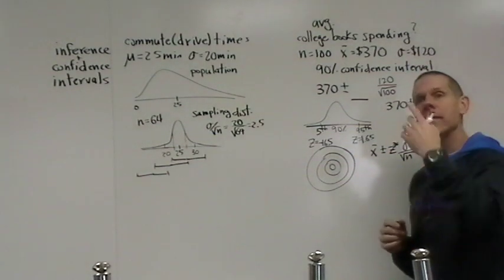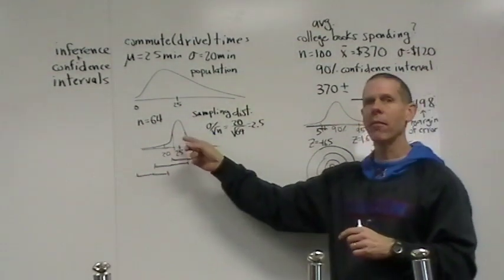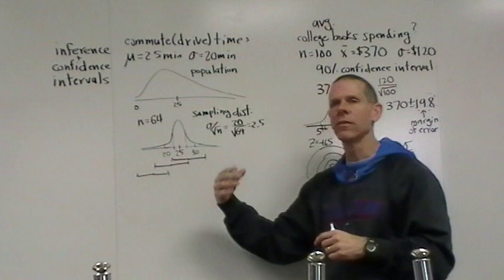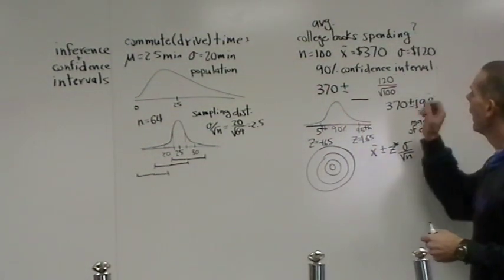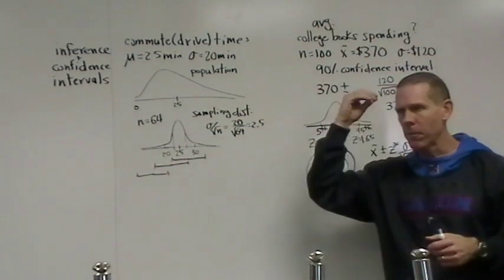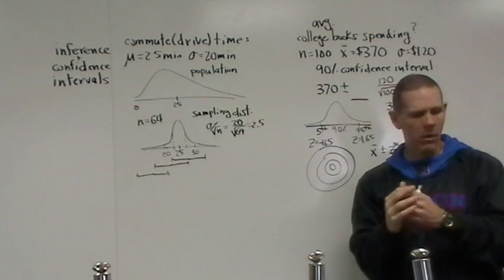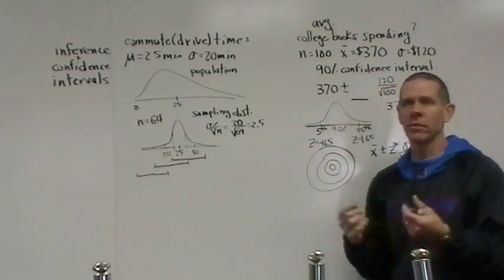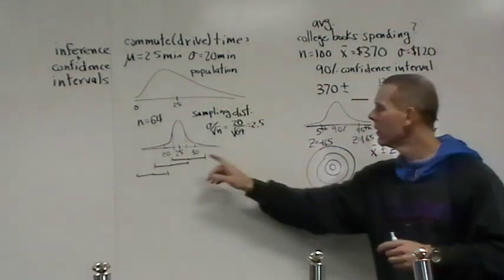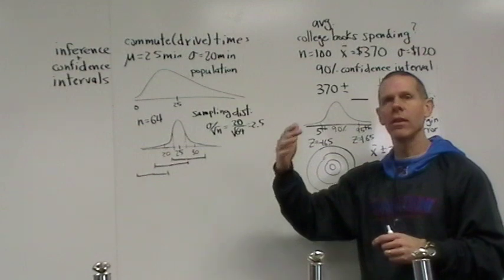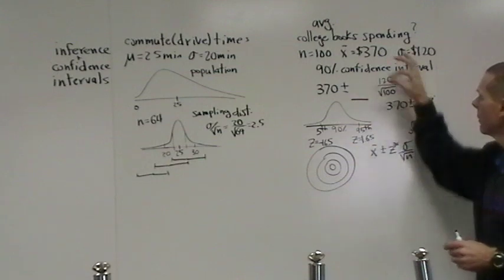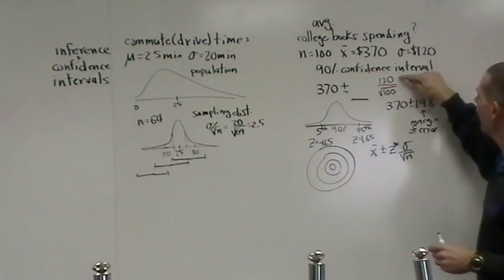If we want to form a 90% confidence interval rather than a 95% confidence interval, the idea is the same. We just won't travel exactly the same distance either side. So here's what we'll do. A confidence interval is always based on the best information that you have. Your sample mean, that's the best information that you have, so center your whole confidence interval around the best information that you have. Over here, we decided if you wanted to make a 95% confidence interval, you should go 2 standard deviations either side of your sample mean. Over here, because we want to form a 90% confidence interval, I'm not going to put a 2 in there. I am going to put this in here.